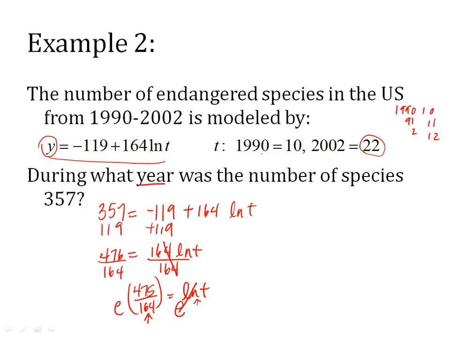All right? When that happens, this part will cancel. So I need to figure out e to the 476 over 164. That's what t, my time, is going to equal. So you'll type this in your calculator, being very careful with the fraction. When you do that, you get t equals